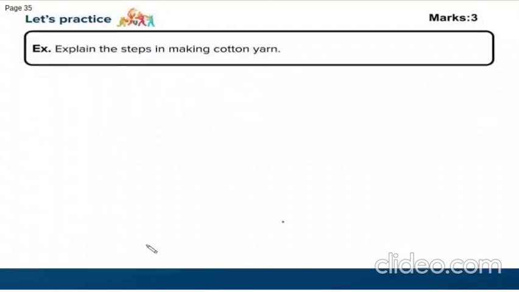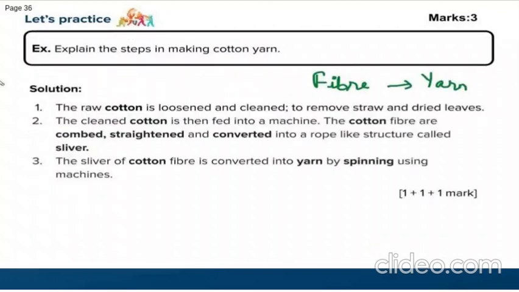Okay, next one. Explain the steps in making cotton. I'll show you the answer and explain it to you. So what happens is that it is nothing but fiber to yarn. So I am taking my raw cotton. Okay, it is very loose. So we will loosen it further and we will clean it properly, so there are no dried leaves or any unnecessary material. So I'll clean it. After cleaning, we will put it into a machine, and then those cotton balls will be